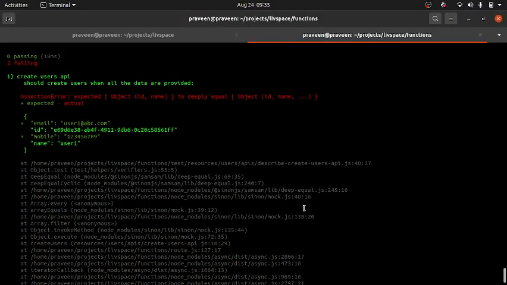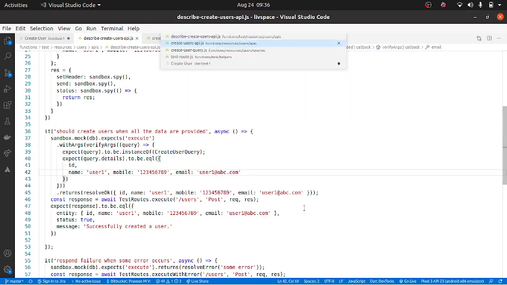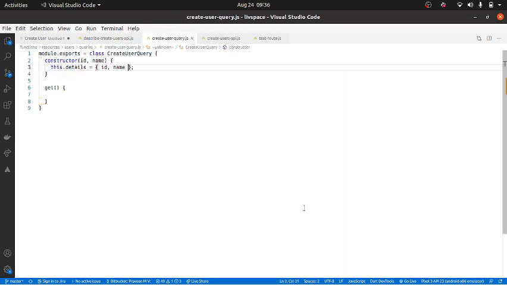Let's take a look at this. ID is taken care. Where is this guy? Line number 40 here. ID, name, that is because we are not handling that. So this will be mobile comma email, and we have to take care of mobile comma email.